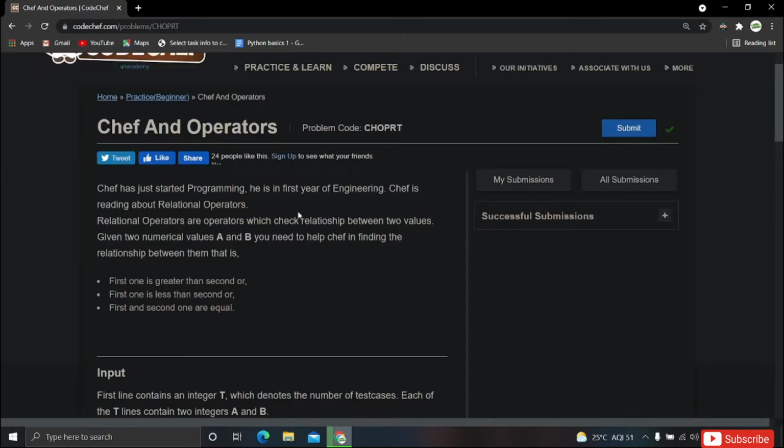Coming to the problem, Chef has just started programming. He is in the first year of engineering. Chef is reading about relational operators. Relational operators are operators which check the relationship between two values. Given two numerical values a and b, you need to help Chef in finding the relationship between them, that is, first one is greater than second, or first one is less than second, or first and second one are equal. So we are going to check the relationship between the two numbers, whether they are greater than, less than